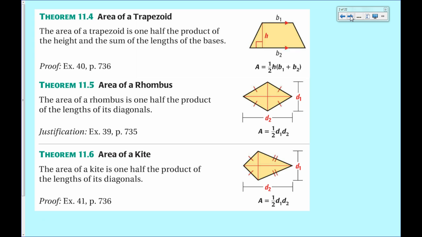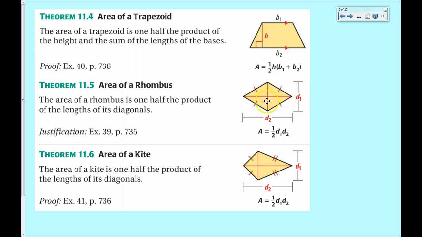I'm going to start you off with all three theorems that you have for the day: area of a trapezoid, rhombus, and kite. The cool thing about having these three theorems is that two of them have identical formulas. The area formula for a rhombus and the area formula for a kite are both 1/2 times the length of the diagonals multiplied together. The other thing that you can do for these, instead of using this particular formula, is